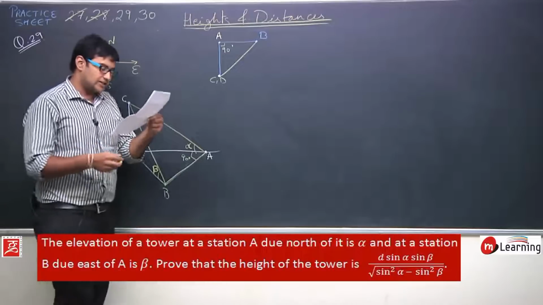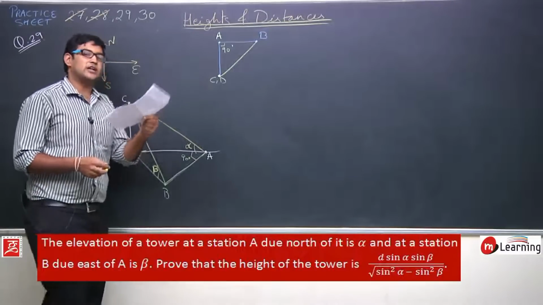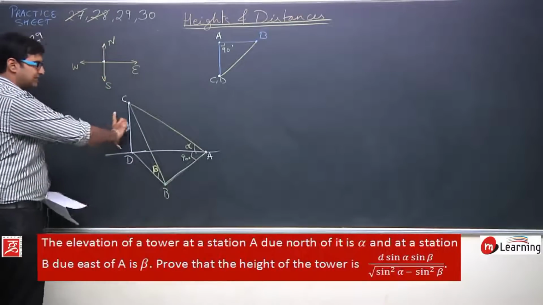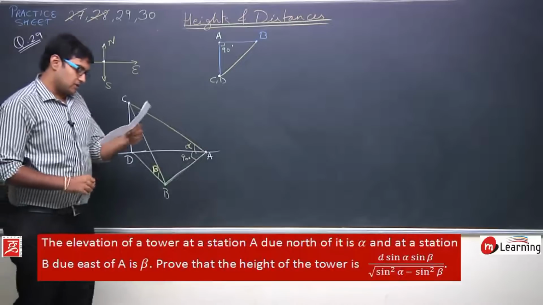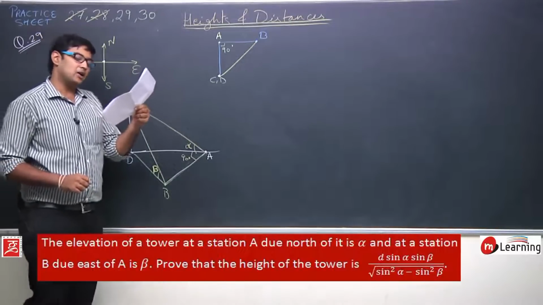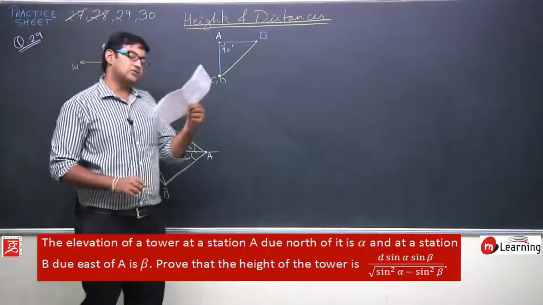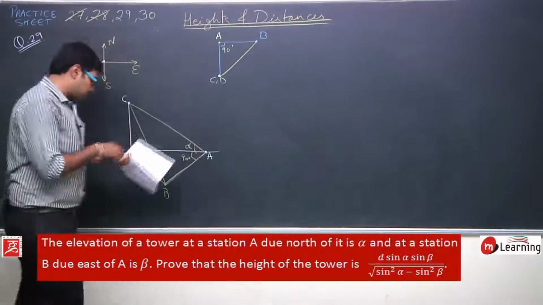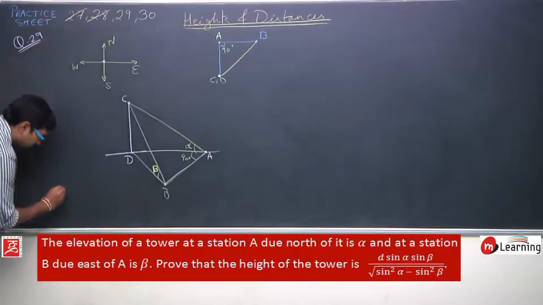So further it says, prove that the height of the tower. What is the tower? This CD represents the height. Height of the tower is d times sine alpha sine beta upon square root of sine square alpha minus sine square beta. So to prove is,